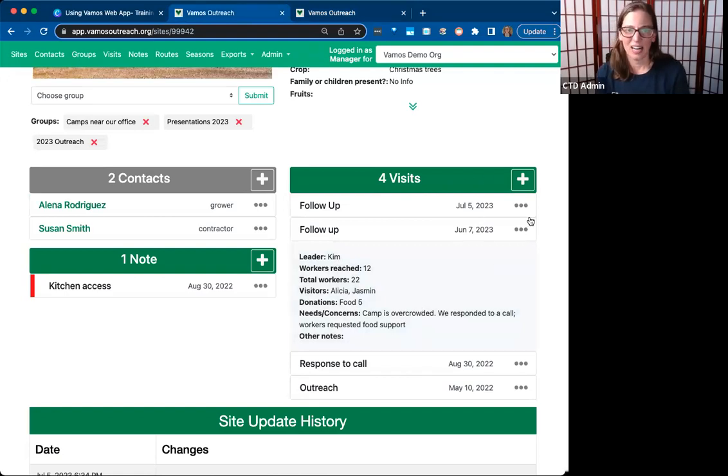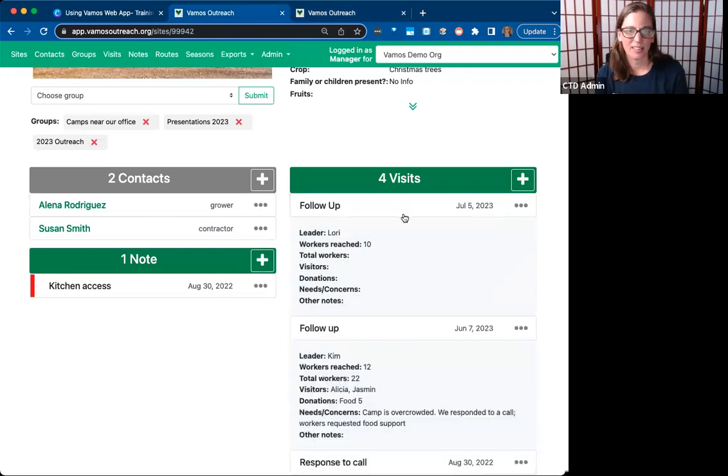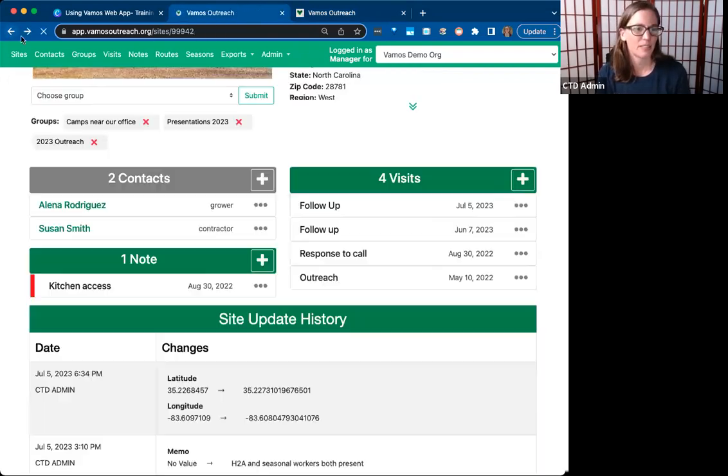One final note about visits is, as of this recording, we have not yet completed the attempted visits feature, but soon there will be a way to indicate if a visit has been completed or if it was only attempted. And there'll be an icon over here to indicate if that visit was completed, or if perhaps outreach staff went out to the camp but did not find anyone there, or for whatever reason, it was not considered a completed